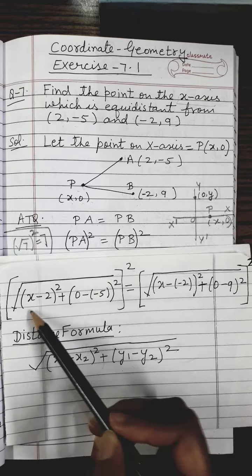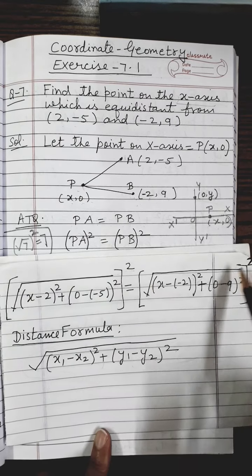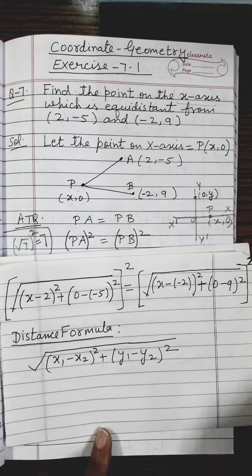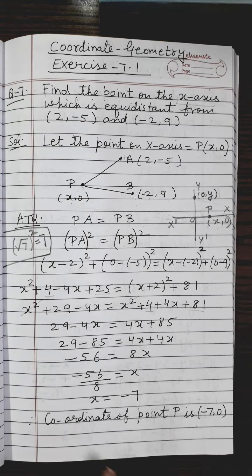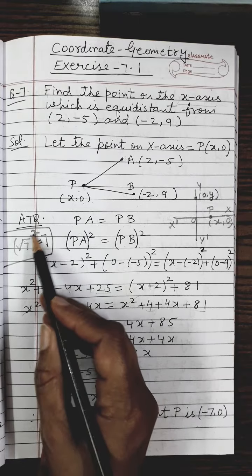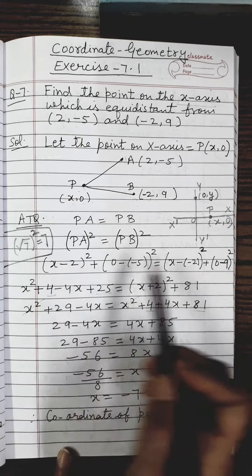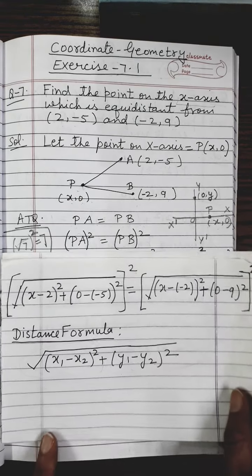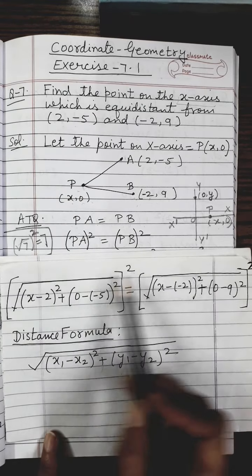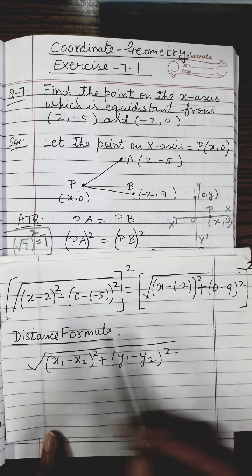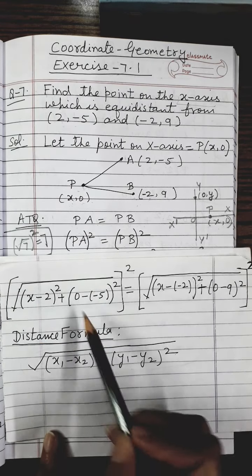And whenever you have the square root with power 2, it means you can remove the square root sign in the next step. You can understand it this way. If I have root 7 whole square, this means root 7 into root 7 will give you 7. Similarly in this case also, if in the next step I remove this square, the square root will also get removed. Means this number is getting multiplied with itself.